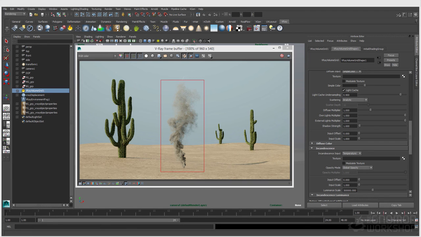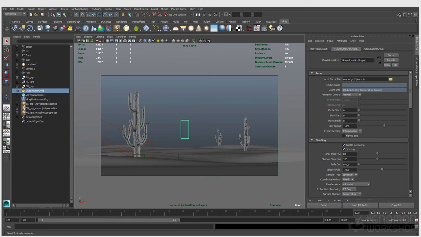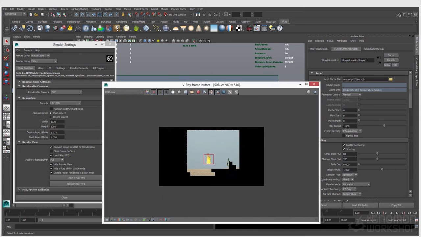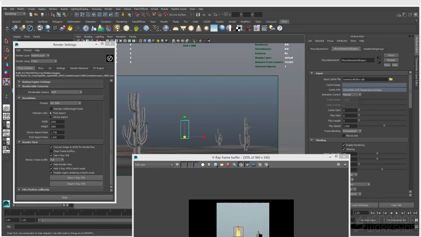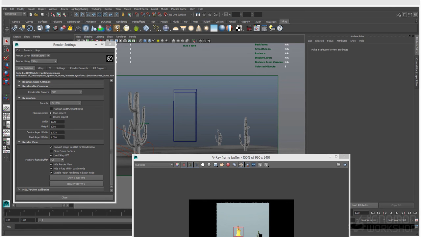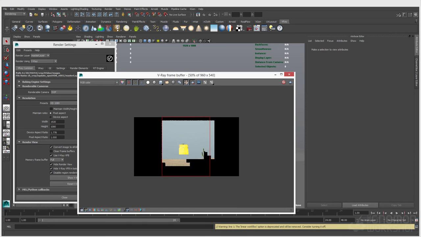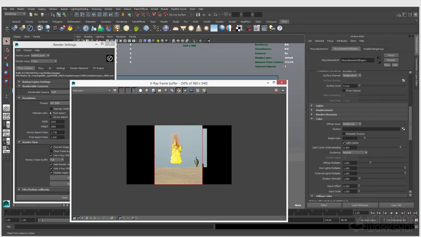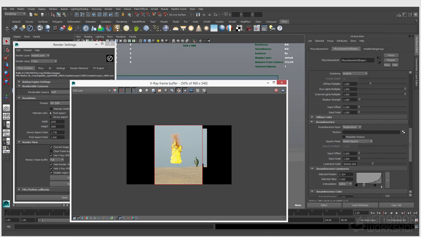So let's take a look at that. All right, cool. So we've got, let me pull back up my V-Ray frame buffer. We have got a little VDB here, and this is one of the ones in the folder from the VDB site, just called Fire. Once this loads up, you can see that the temperature channel is mapped into the VDB, meaning it's available to be mapped for color. So you can see here, if we scroll down to our incandescence section,